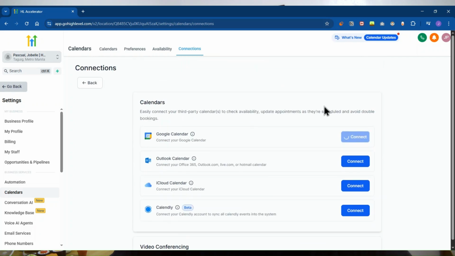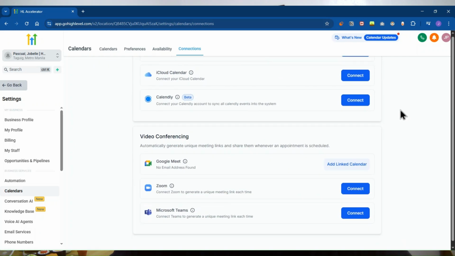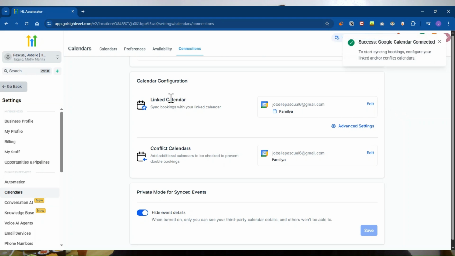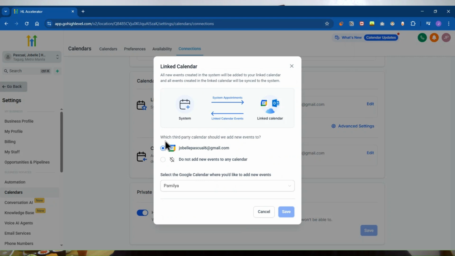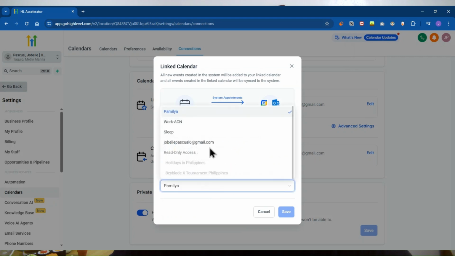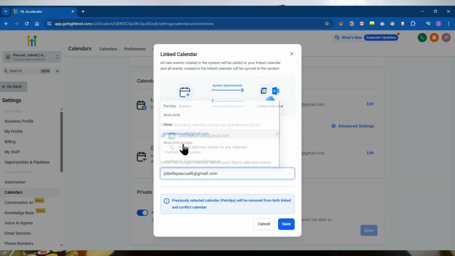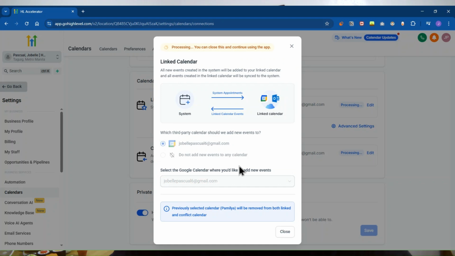So now we have connected our Google Calendar here. So you should choose personal. We should choose which calendar we're going to use here on advanced settings. For me, I'm going to use my personal email, since this email is my main email for Go High Level.